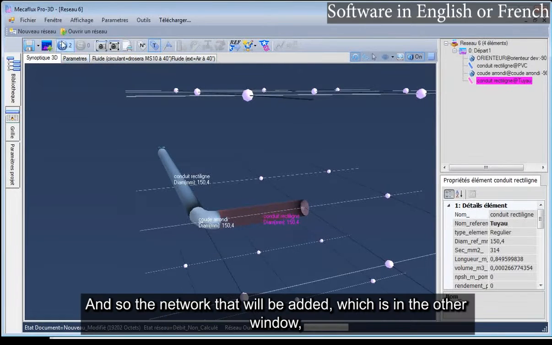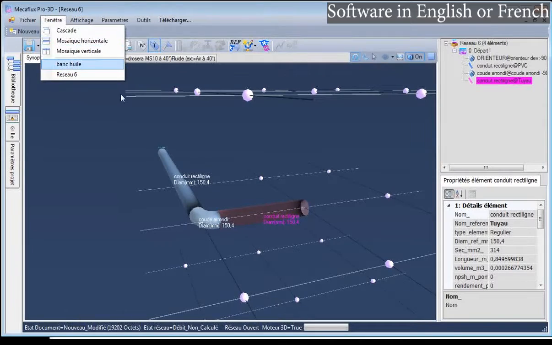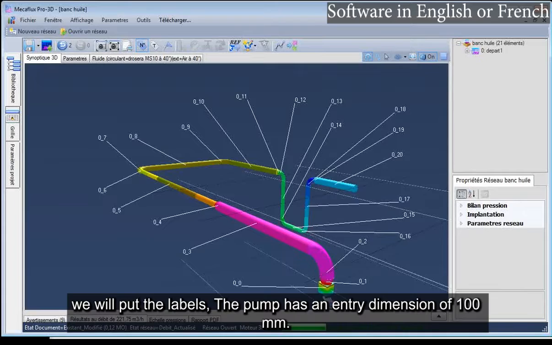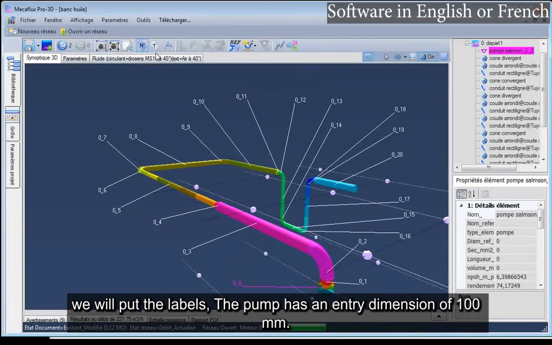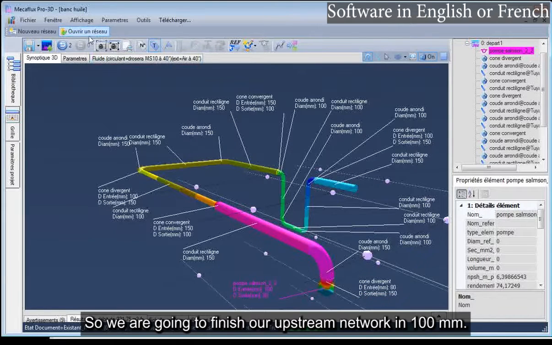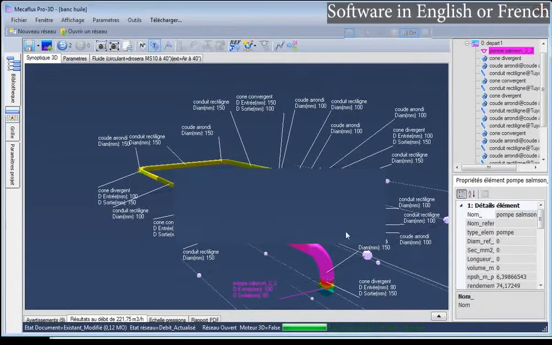And so the network that will be added, which is in the other window. We will put the labels. The pump has an entry dimension of 100 millimeters. So we are going to finish our upstream network in 100 millimeters.